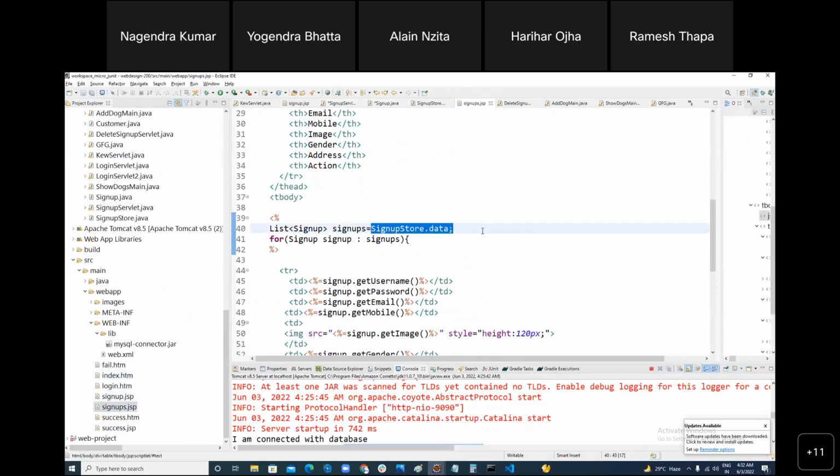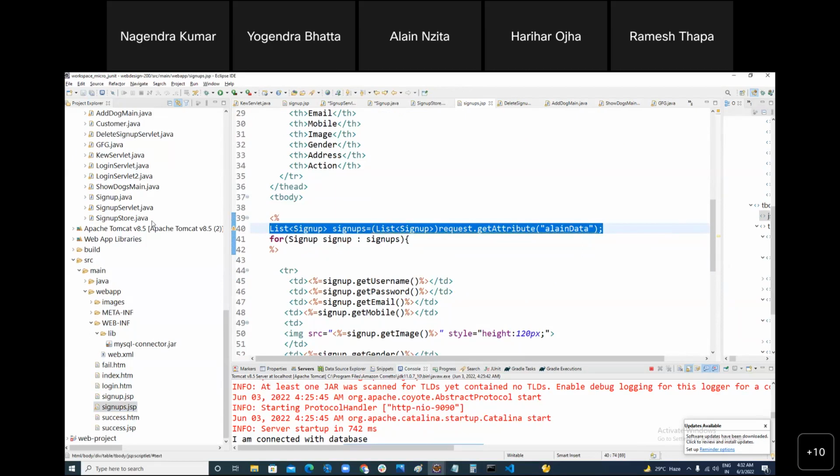Right. Now you can fetch the data using request.getAttribute, with the same key, right? This data is a list of SignUp. You know it, the SignUp thing, right? You can downcast it. This is syntax. That's it. My job is done. Now it will fetch it from